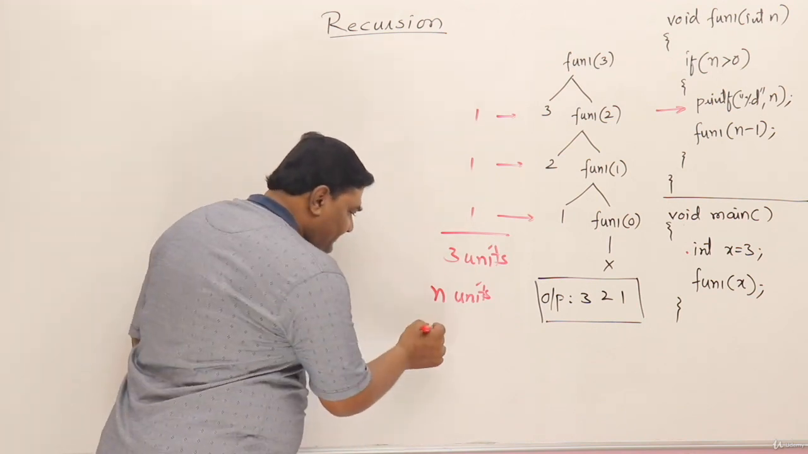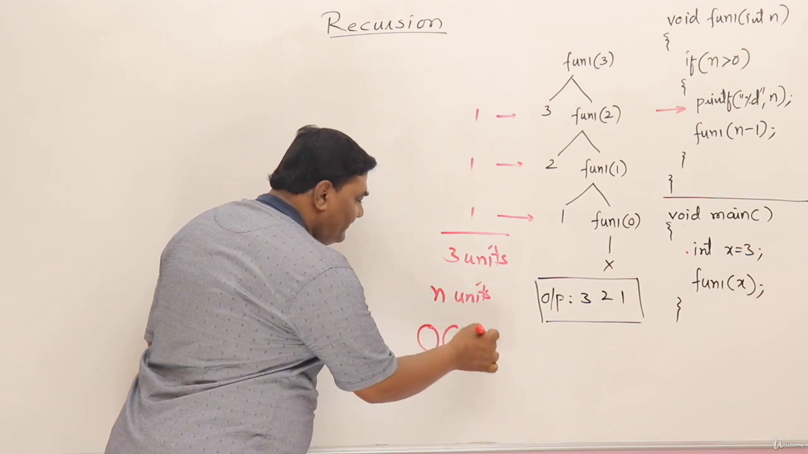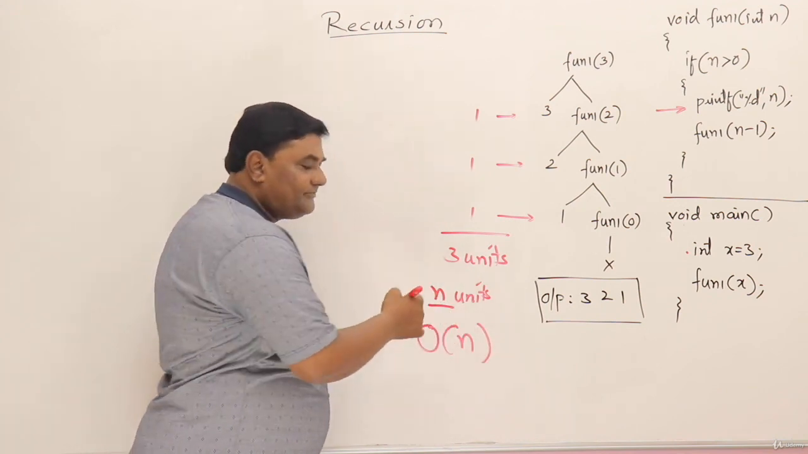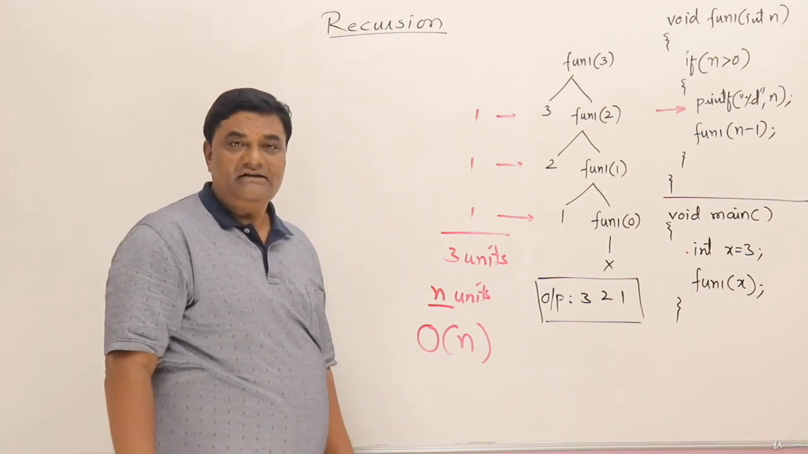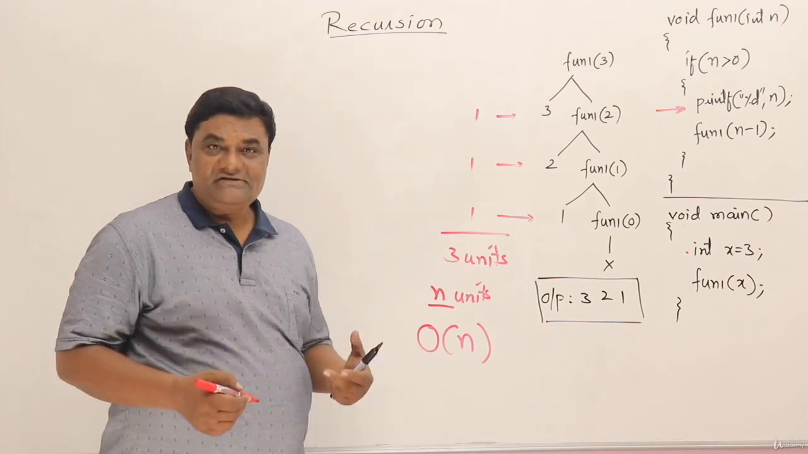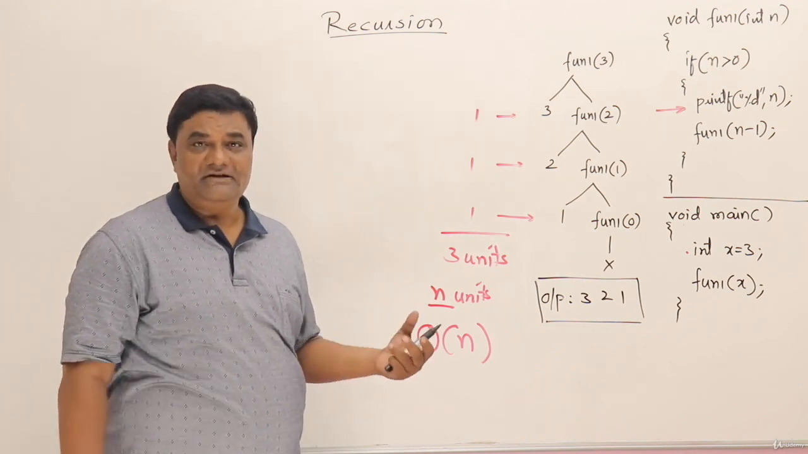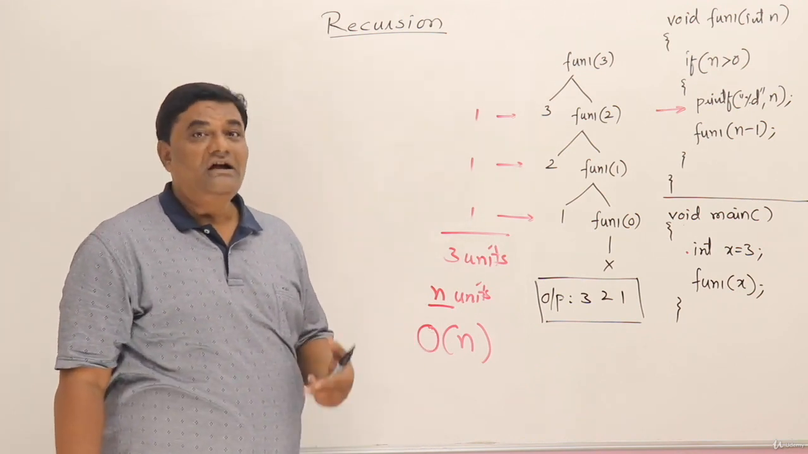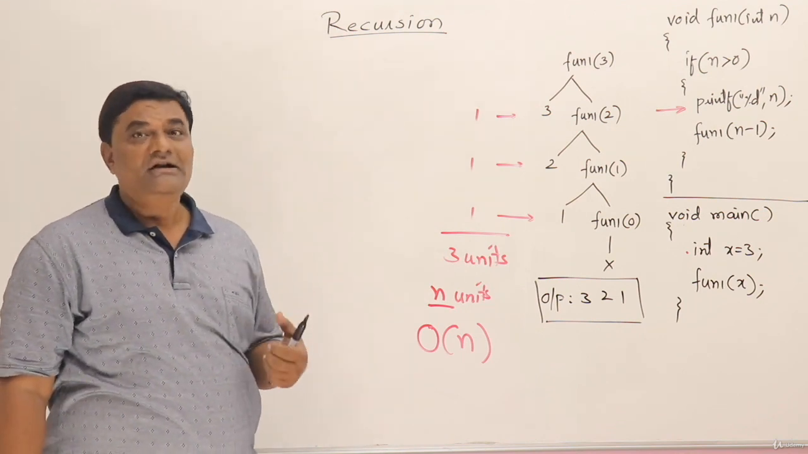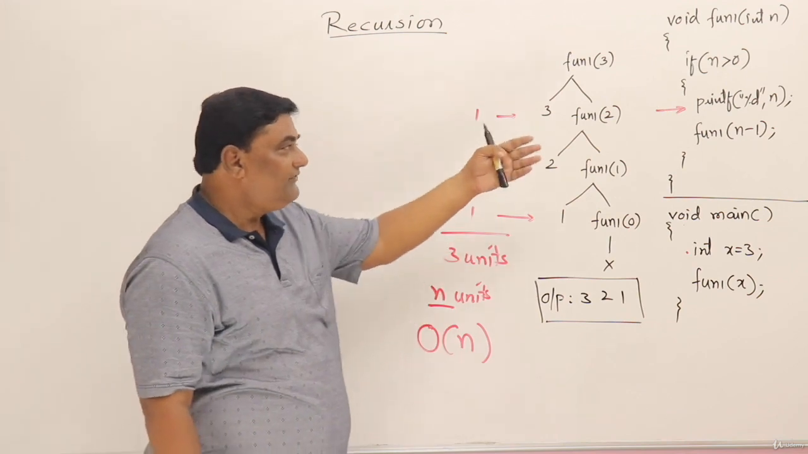So the time can be represented as order of n. The answer that we got is n units, so the degree of that polynomial is 1. So we write it as order of n. So the time taken is order of n. There is one more method of finding the time complexity using recurrence relation. I will show you how to write a recurrence relation and how to solve it to find the time complexity of